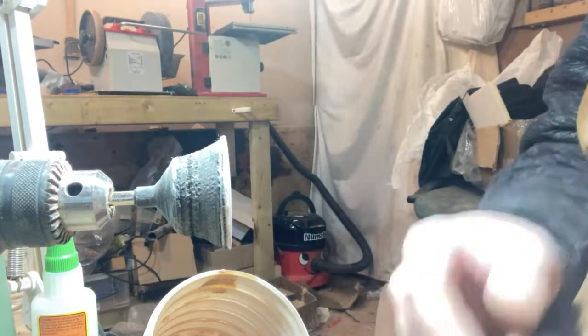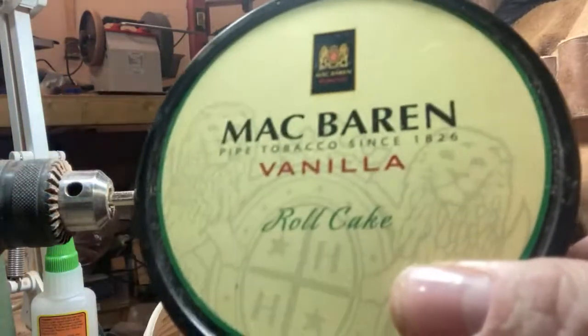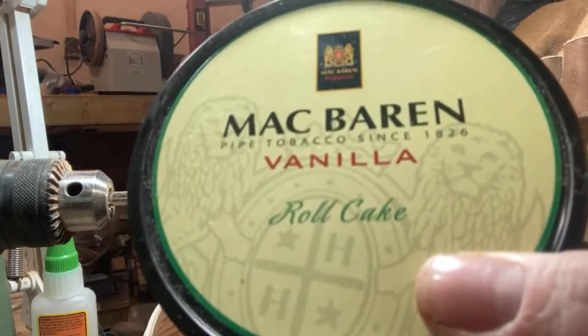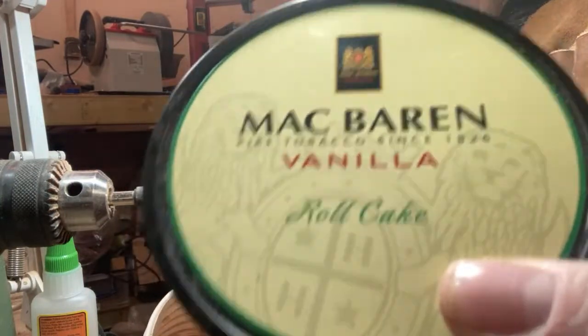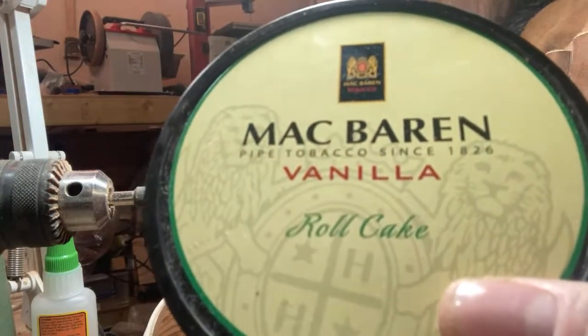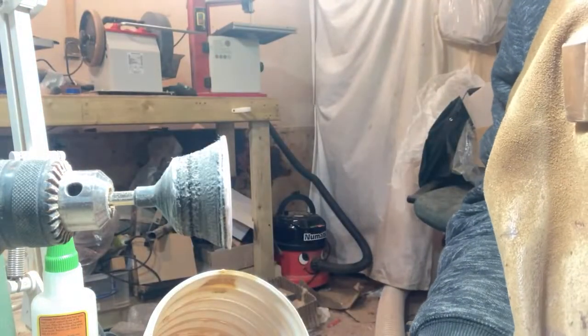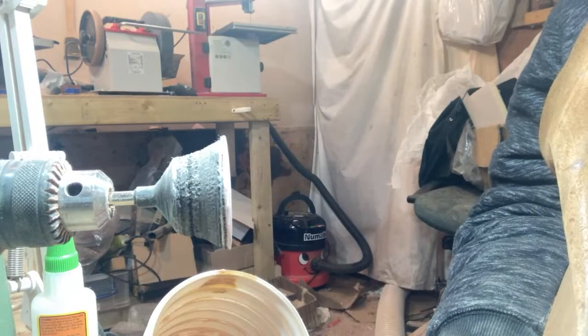But I would say, somebody asked about them aging. This has probably got a better aging prospect than the loose cut, because this has got less aromatics in there, and the longer that you leave aromatics, the worse they get after a certain amount of time. After a few years, the aromatic at a